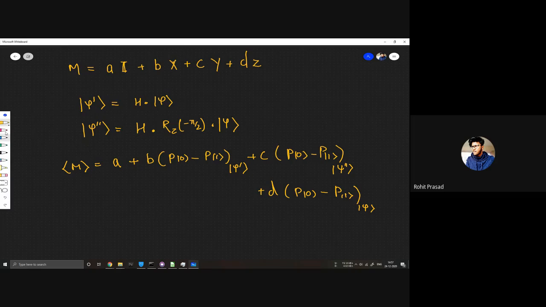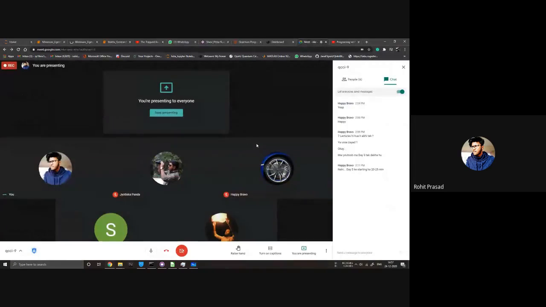Okay, so this is our formula, and I will use this one to calculate the minimum eigenvalue of a matrix. Okay, so for now